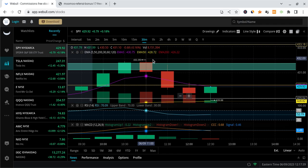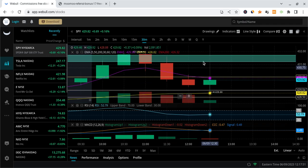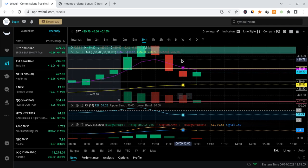Then we got this rejection, the market started slowing down, and we saw Amazon take a big hit too. And as the market started cooling off, we saw this knife that took place. As the knife took place, it dragged SPY all the way back down below 430. So we didn't truly get a strong or very long-term break above 430. It's still going to be fighting it, right? This was just an attempt, once again, by the market makers to grab liquidity,